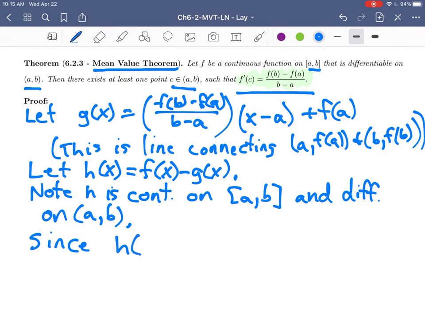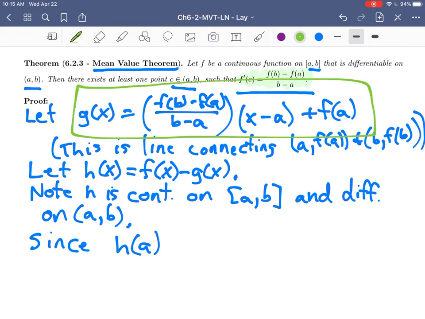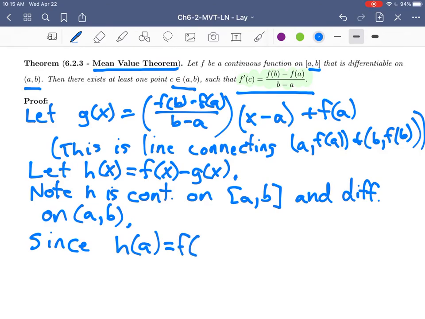what is the function value of h at a? Well, if we were to evaluate g of a, when we plug in a up here into this function, when we plug in a for our value of x, this is going to become 0, so that all goes away, so we just have f of a. So h of a is going to be equal to f of a minus g of a, but g of a is equal to f of a, so h of a is equal to 0, and